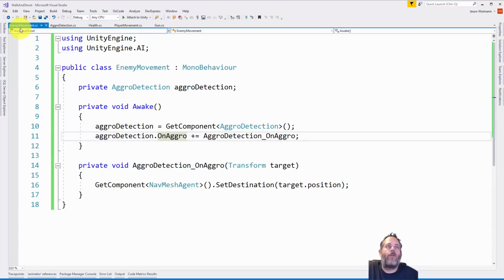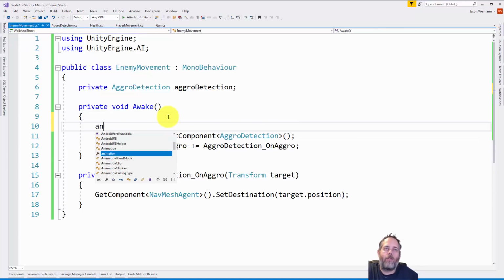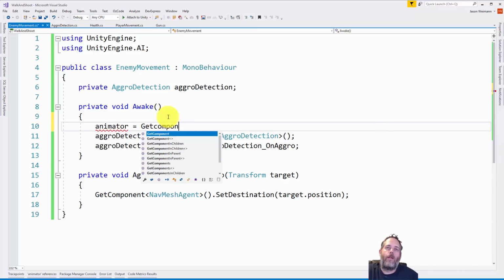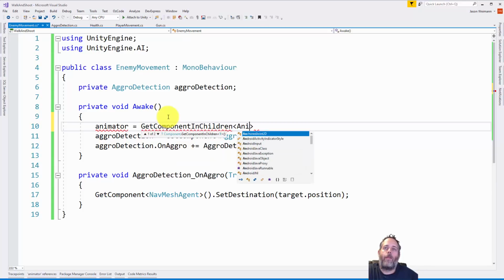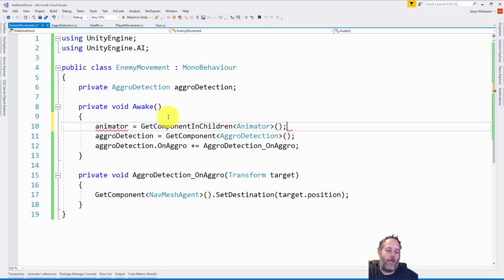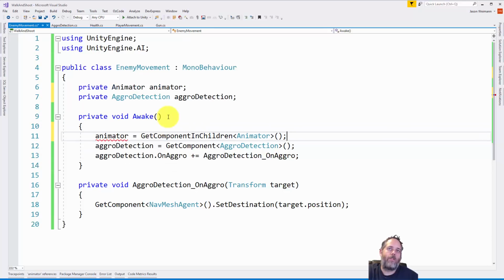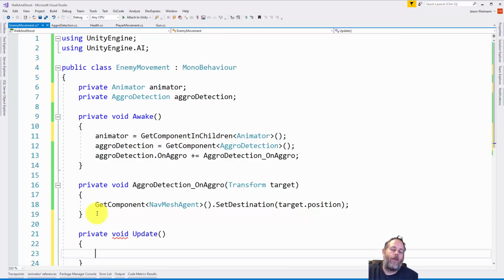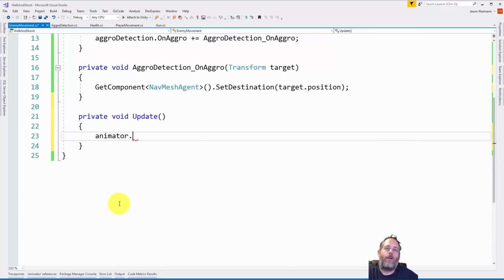So I'm going to go into enemy movement again, and let's cache our animator. So do animator, and escape so we don't get that bad autocomplete, equals GetComponentInChildren of type Animator, and again Ctrl+period, enter to generate that field, and then we just create an update. So just do private void Update, and I'll just say animator.SetFloat speed,